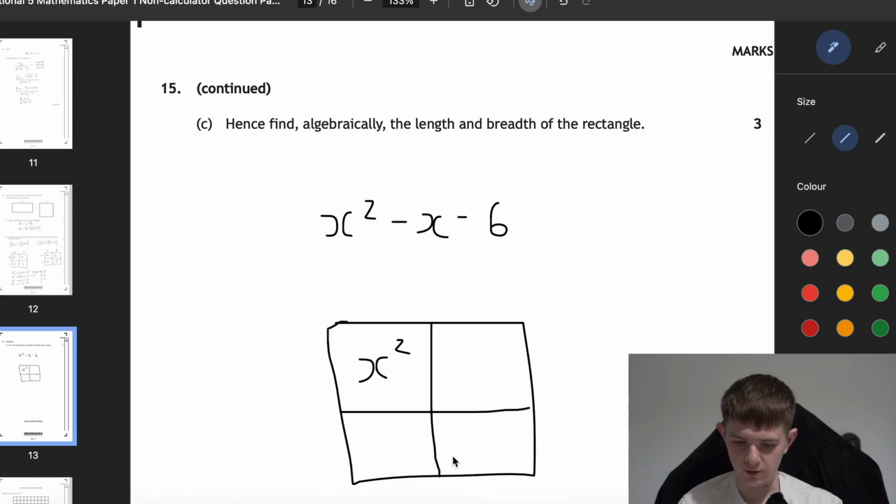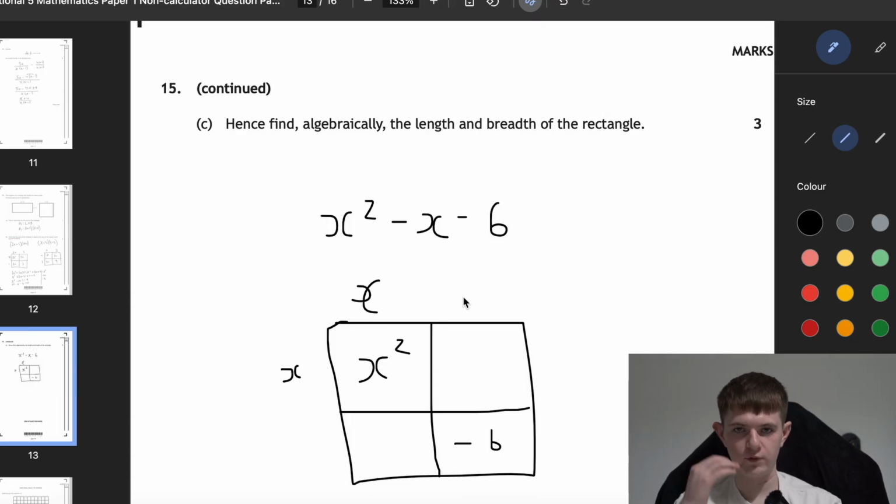So we've got x squared at the top there. Take away 6 down the bottom. 2 things at times to get you x squared: x, x. 2 numbers that times to get you negative 6, but if you add them together you get negative x. We can go through all the multiples of 6, but I'm going to guess negative